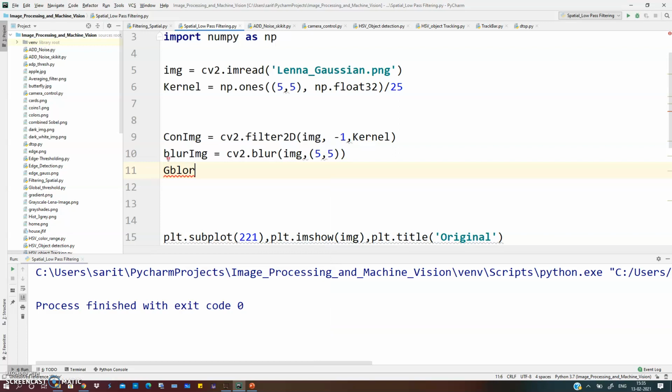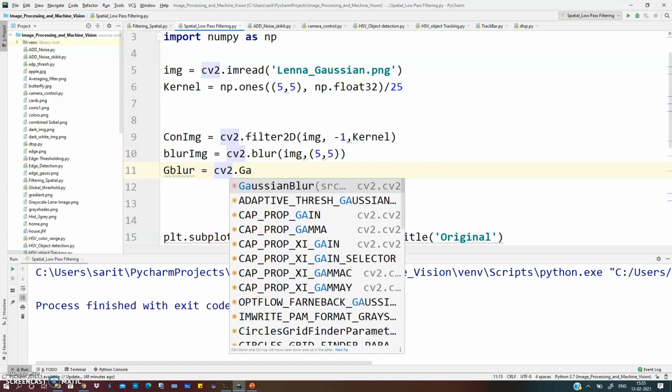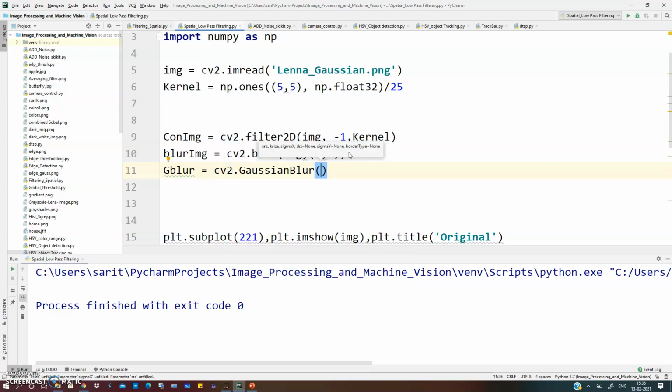Suppose Gaussian blur is equal to cv2, its method name is GaussianBlur. The first argument required is your image source file, and the second one is the kernel size. We'll keep the same kernel size so that we can compare the result. And the third argument is the sigma value. Right now we'll keep it 0.